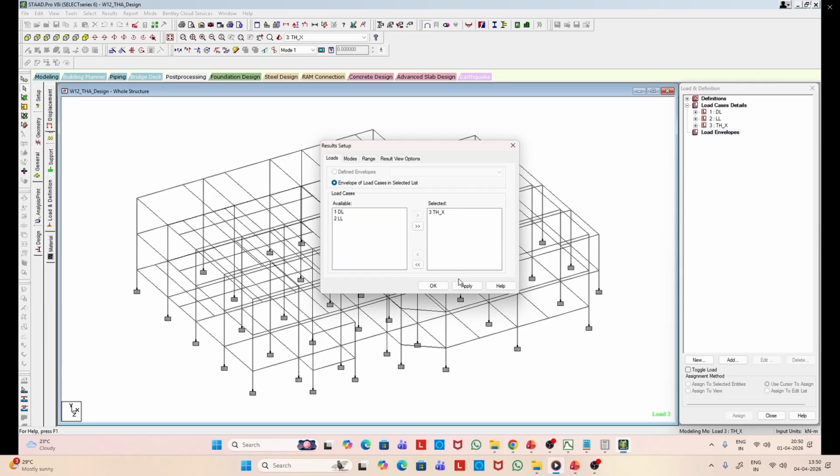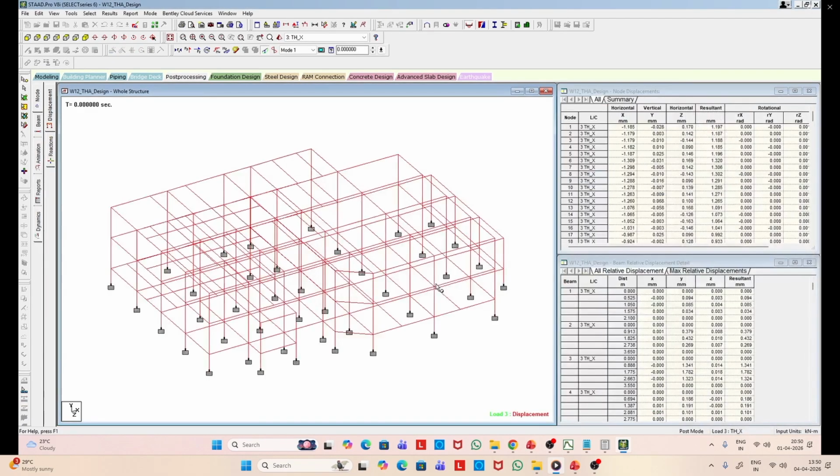Let us select only the time history load case. Because we have already designed, today we will see how the time history response of this structure looks like. So here you have the complete list of displacement and rotation.